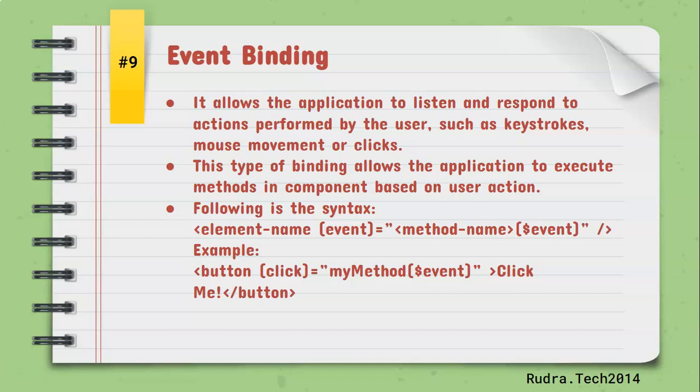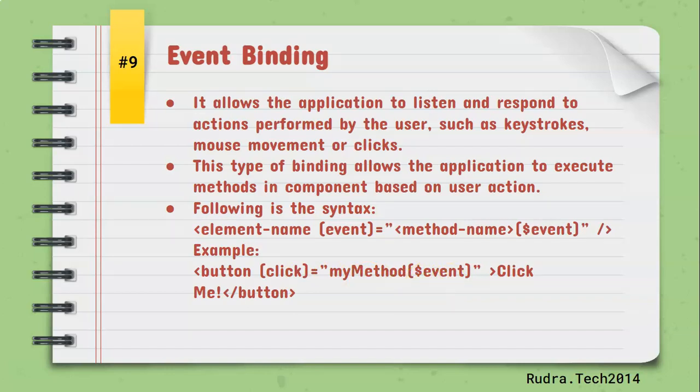Now the syntax for event binding is like the element name, then the event enclosed in parentheses, then the method name, again with parentheses. Here we will be passing the $event object. The $event object is the object that captures everything related to the particular event or the action performed by the user. I'll demo it in a minute. So here's the example. We have a button element. This is the click action the user is going to perform. The method that we are going to execute, and $event, the event object, is passed.